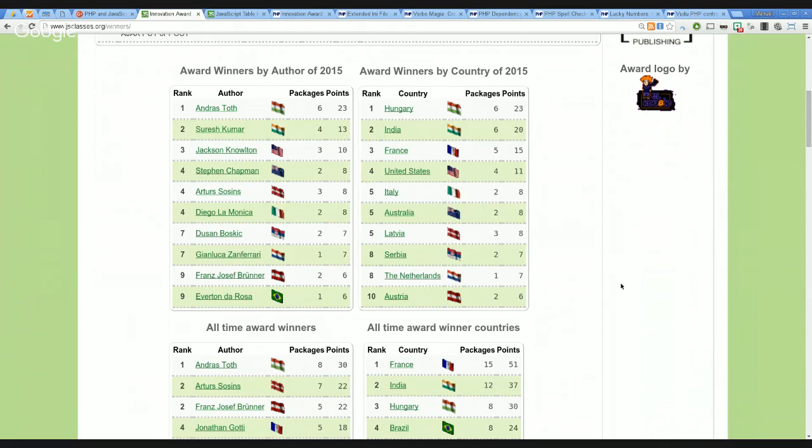In terms of countries, as we have seen, due to not many submissions, not many innovative packages, the ranking is similar, just mapping authors to countries. So first it is Hungary with 6 packages with 83 points, then followed by India with 6 packages and 20 points, France with 5 packages and 15 points, United States with 4 packages and 11 points,